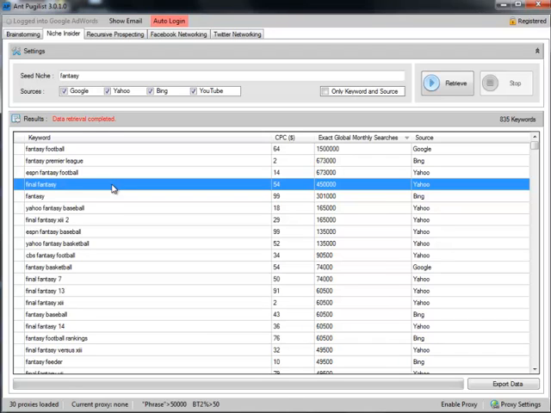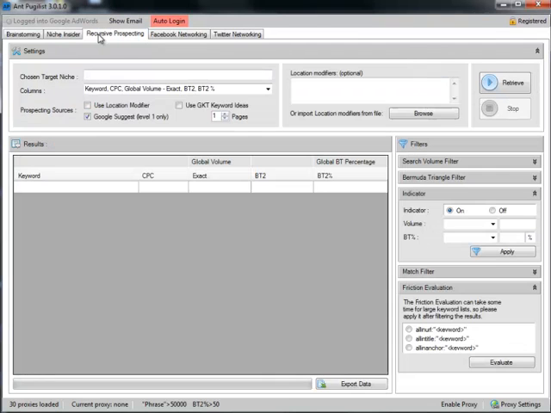Of course, Final Fantasy is a game that was made into a movie. So that kind of shows you how you can discover some good areas of keywords that have a lot of searches, and we still have to do some research and check the competition, look at competing websites and all that kind of thing. We'll get into that in the recursive prospecting